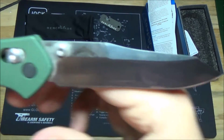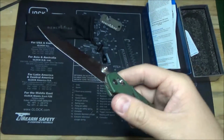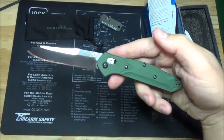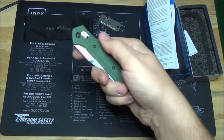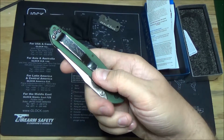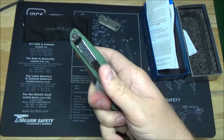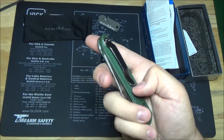Design. It's S30V steel, which is a pretty strong steel for an everyday carry knife. Takes a little bit of time to sharpen it, but as long as you have sharpeners, you can do it. It's a really good knife to carry though, and it's pretty low profile. I actually like this clip a lot. I've had some other knives where the clips are kind of jippy. Even with Spydercos, the clips are kind of jippy. This one's very strong,